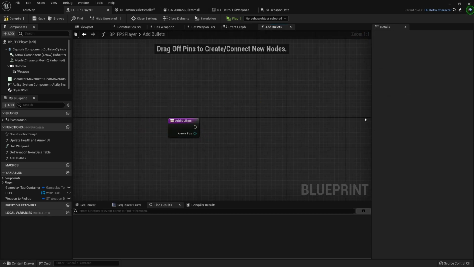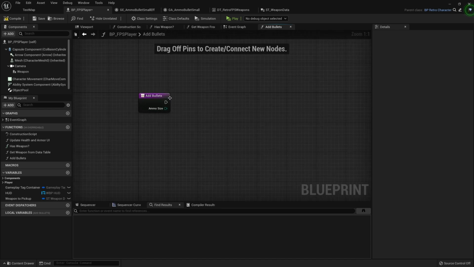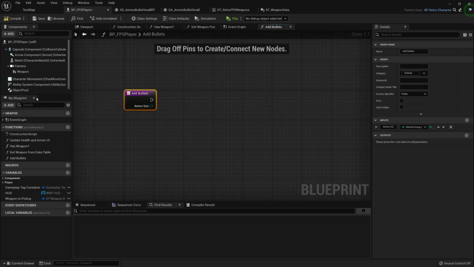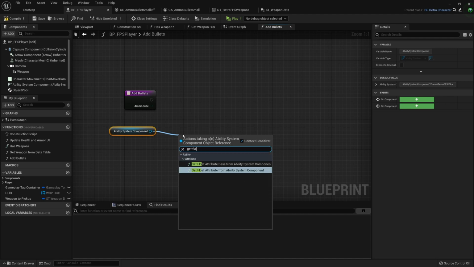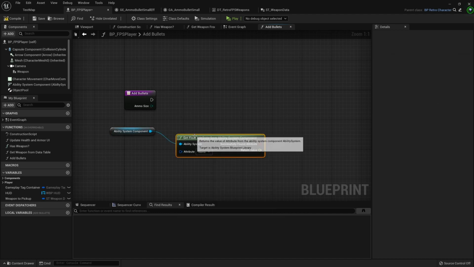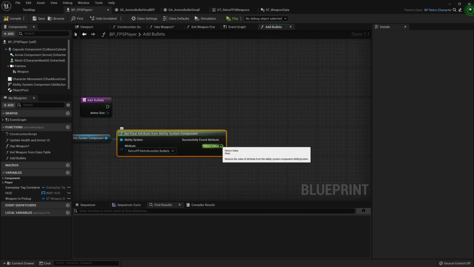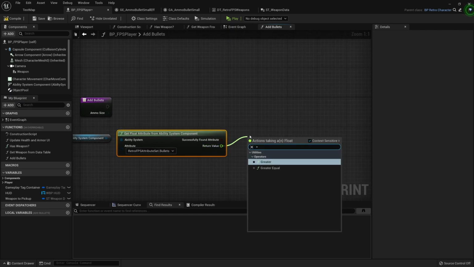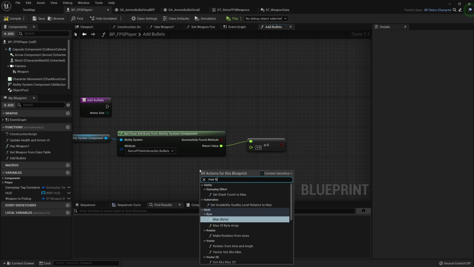So for the add bullets function, the first thing we want to do is determine how many bullets the player has. So we'll just drag in the ability system component, and we'll get a float attribute from the ability system, specify that it's the bullets, and take that return value and see if it's greater than or equal to max bullets.